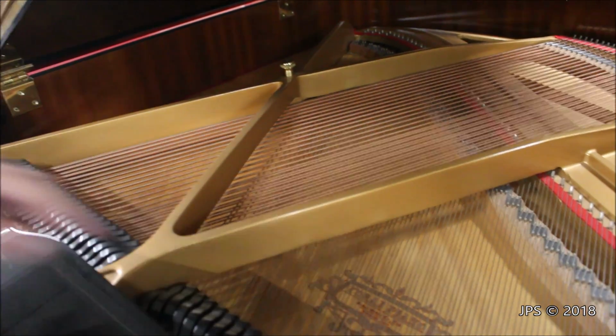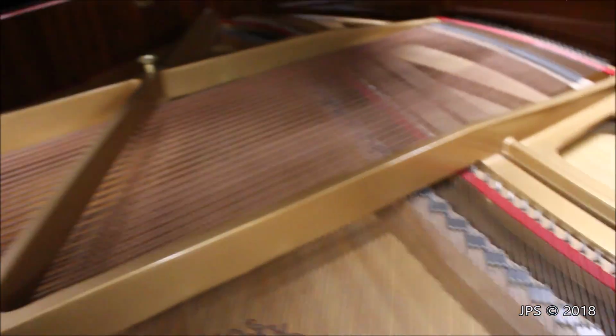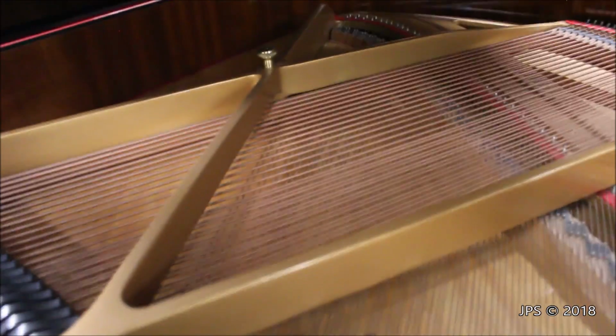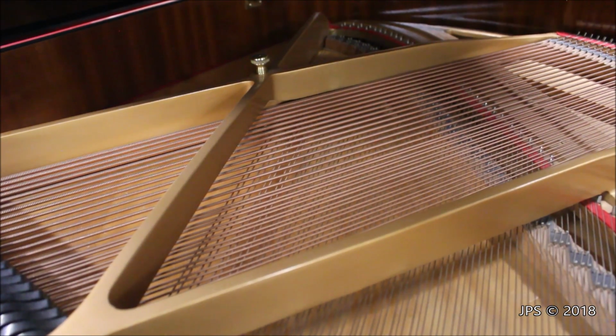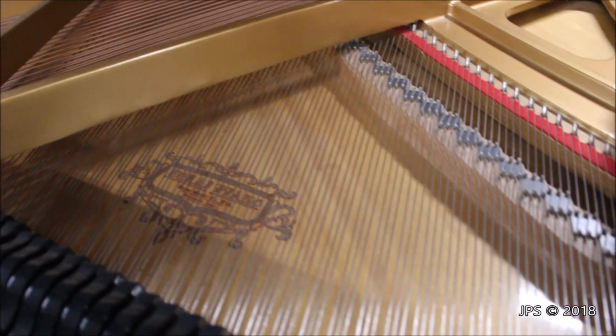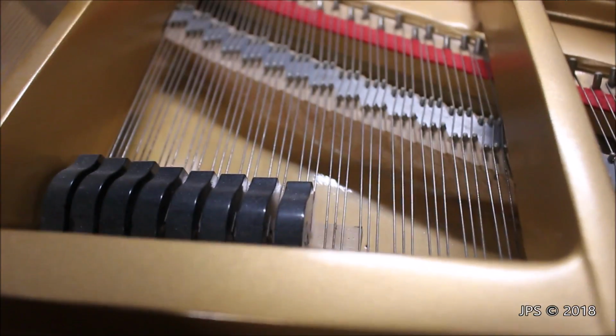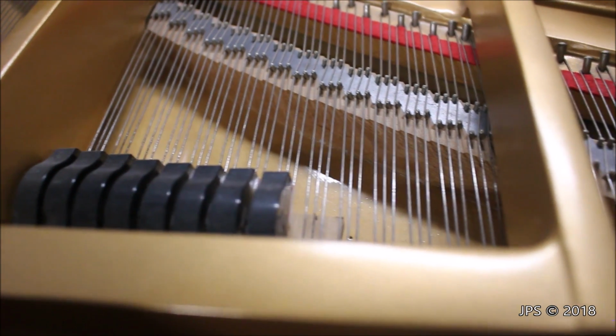There's also a nice fancy logo there on the piano. Tokai Gakki Company Ltd, Hamamatsu, Japan. Hopefully I'm pronouncing that second word right. It's a very nice logo. It's very pretty. As you can see, the bass strings and most likely everything else on the piano is original, but as you heard, it sounds pretty much fine, and the piano probably would benefit from having new strings on it, but honestly it sounds pretty good just as it is. There's nothing wrong with the way it is at the moment,